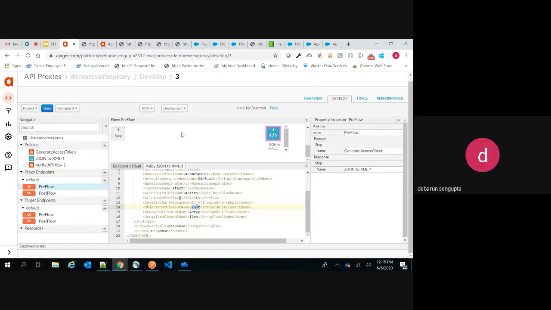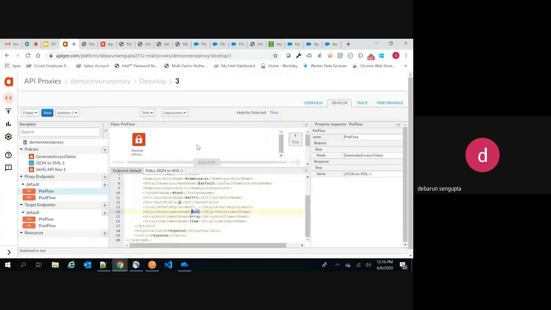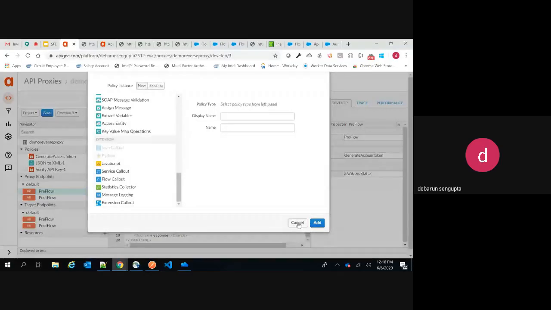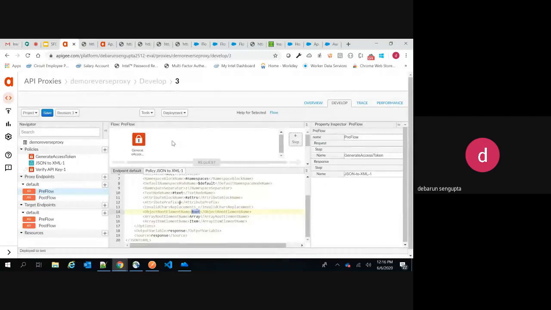Yes, you can enable n number of policies. If you see here, the pre-flow is whenever the request comes, this is the first thing that will hit. Whenever you go to this pane, you get two sections: above the request you get one step, and in the response also you get one step. If you click on this step, you can add as many policies as you want, and you can rearrange them. Like in one of the videos I was showing you, I enabled the API key, because whenever someone is calling an API, it needs to be first protected via the API key. Then you can simply swap it here. Whatever block you place here will be encountered first.